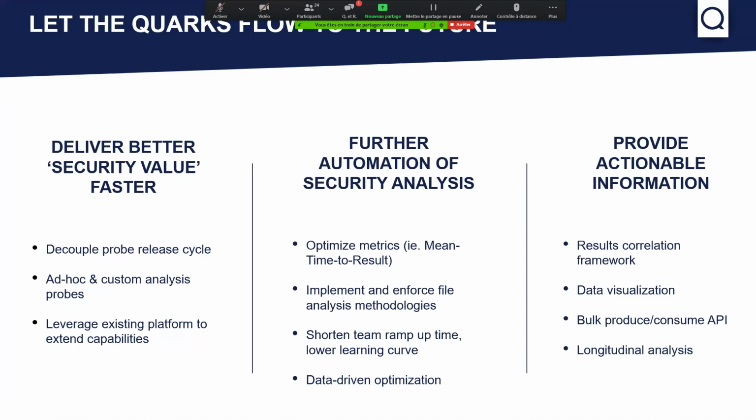Of course, there's a lot to be done with the automation itself. The introduction of orchestration and automation and workflows brings a lot of possibilities. The first one, as you saw in the demo, is to optimize some metric. In this case, it was the time to get a result. We optimized the time to get a result to make it the minimum necessary to get a valid result and to use the hardware resources efficiently.